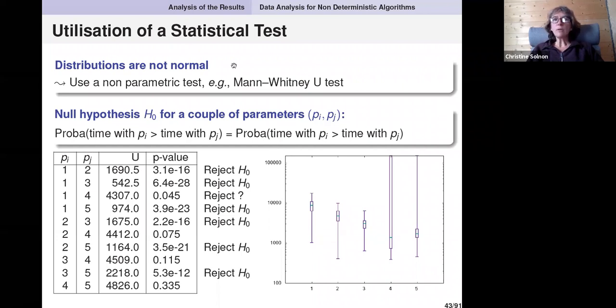Well, statistical tests are nice tools to have very short conclusions. Either it is rejected or not. So either the difference is significant or not. But it is usually not enough because, for example, here it tells us that 2 is not significantly different from 4, and from a practical point of view, they have very different behaviors. So a better tool, from my point of view,